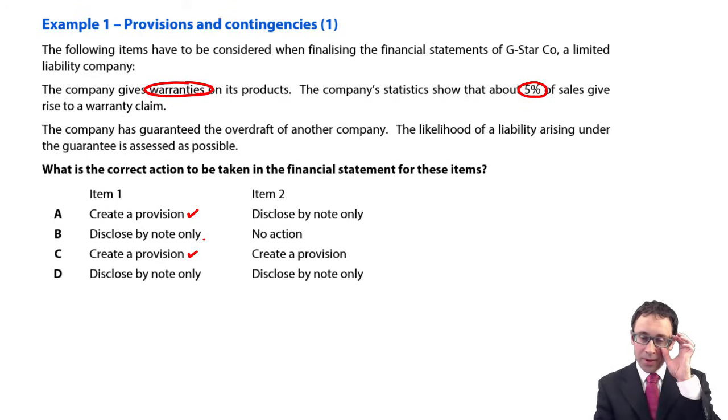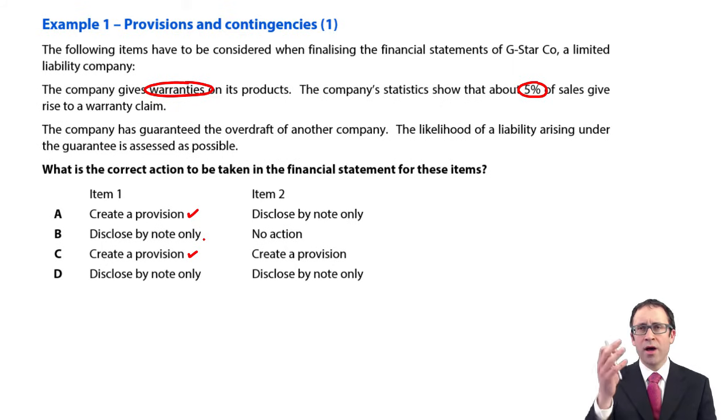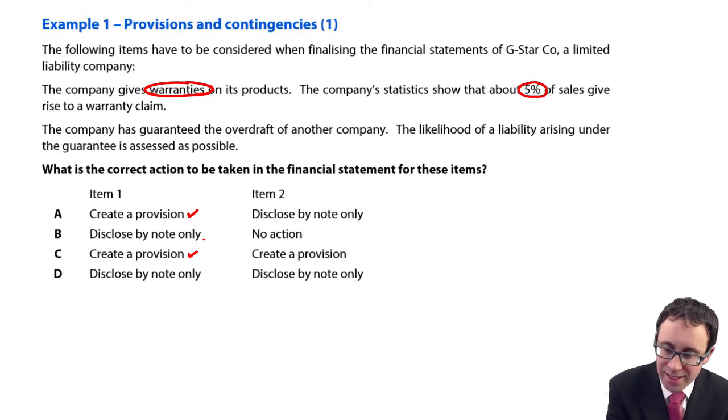Second one says the company has guaranteed the overdraft of another company. So maybe you're the parents and you've got a subsidiary, and you being the parents have promised to pay that overdraft if the subsidiary cannot do so. So again, we're accounting for uncertainty. We're not sure whether we will or we won't have to make the payments. Okay. However, it says here the likelihood of a liability arising under the guarantee is assessed as